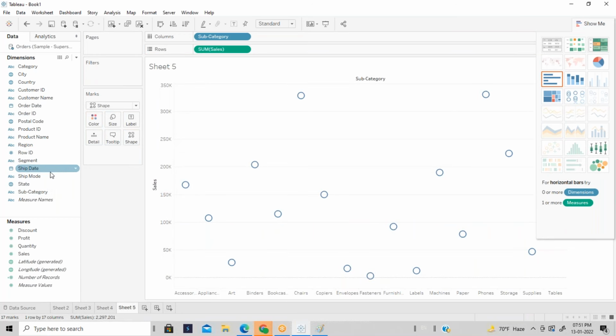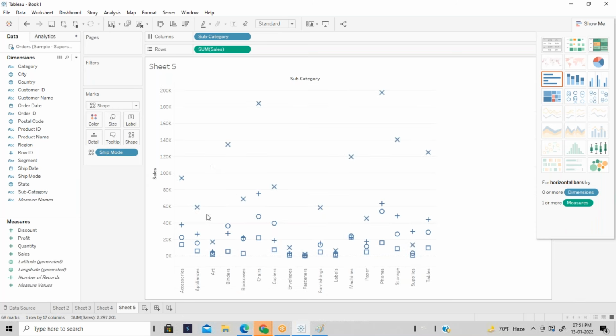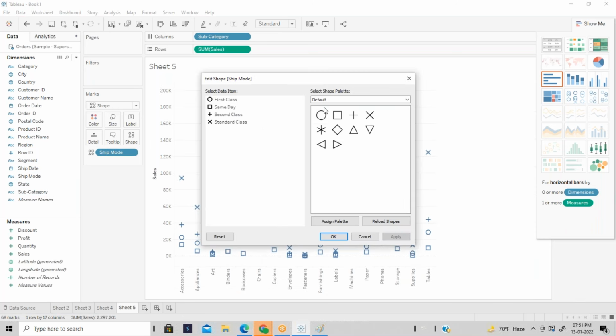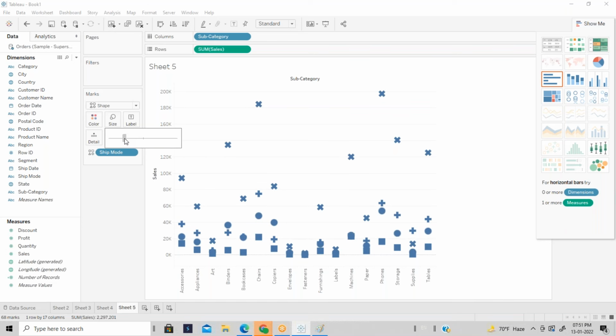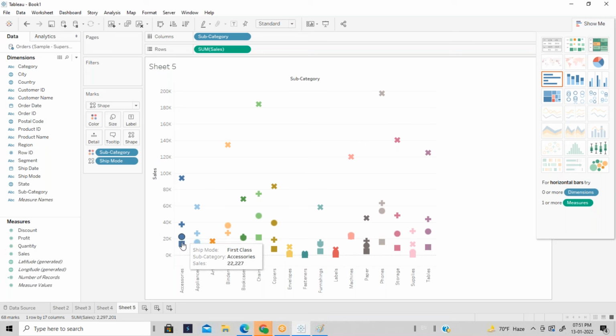Subcategory, and I want to see each ship mode-wise, where I just want to select this field. Increase the size, and each subcategory I want to see in a different color. Take the subcategory and put it into color. This looks good.